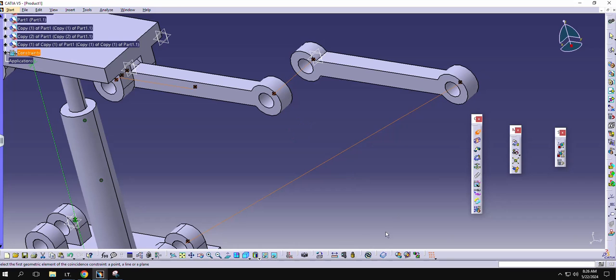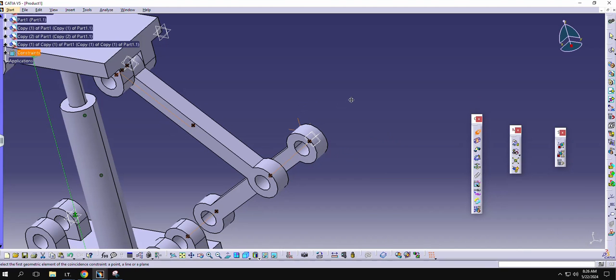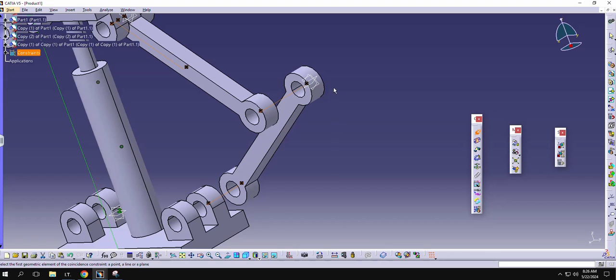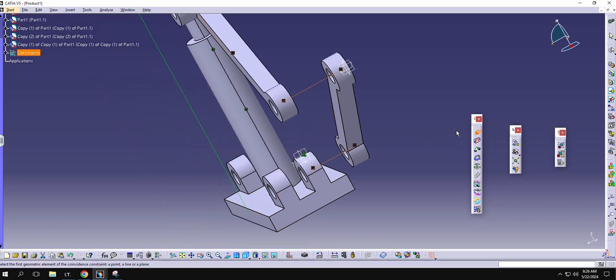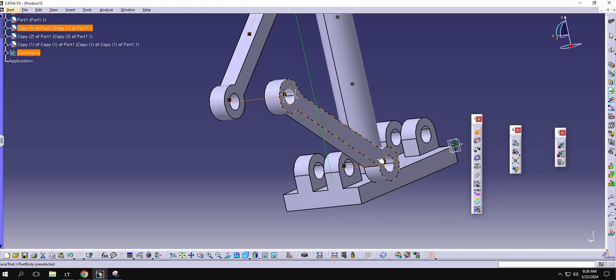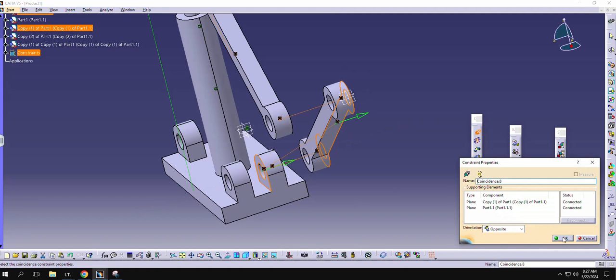As you can see right now, for anything to be practical, if you think about it, right now it's right here. But after I constrain the base, you will see one more observation. If I coincide this side with this right here and click OK